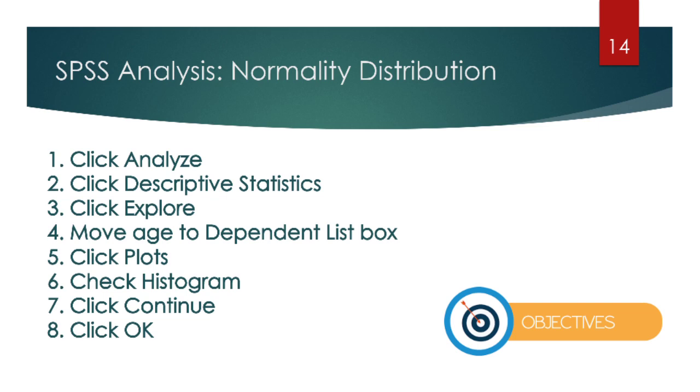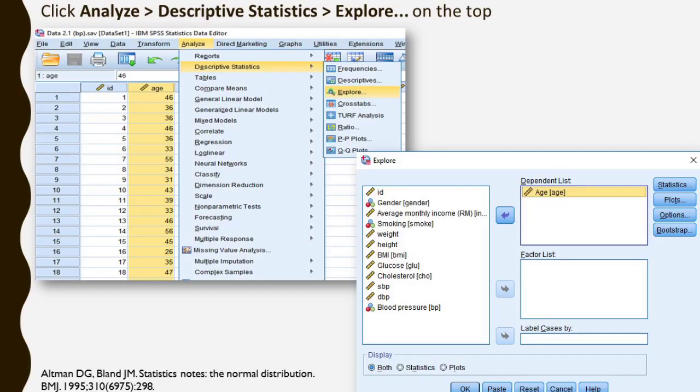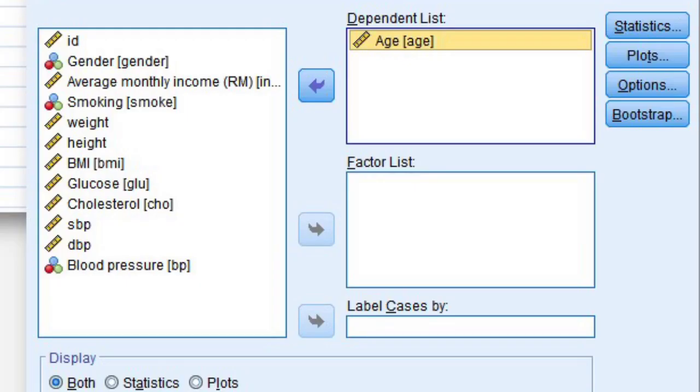So after you click on descriptive statistics, a new pop-up window will come, and here is the command for the test for normality distribution, called Explore. In SPSS, you are not going to find any particular words named test for normality distribution or test for normality. Explore is the command which will be used for the test for normality distribution in SPSS.